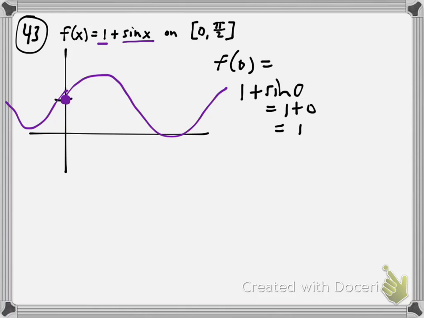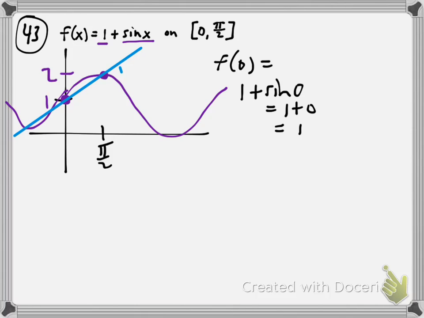Alright, well anyway, we know that f of 0 is 1, and then f of pi over 2, where is pi over 2? Right there. And that has a value of 2. So, not 1, 2. So, if we were to draw a line through these two points,